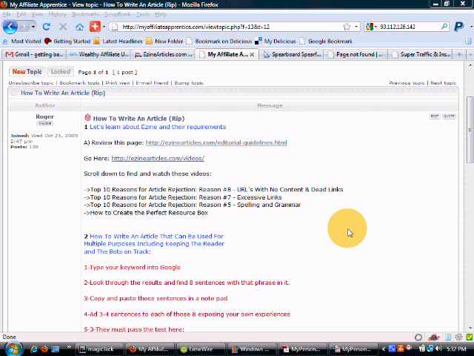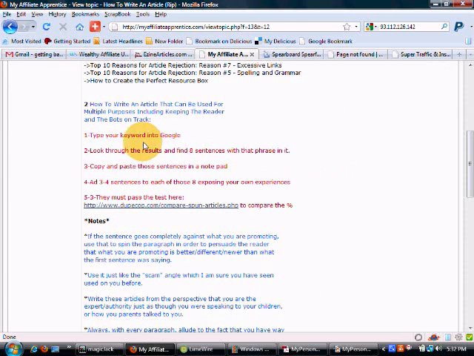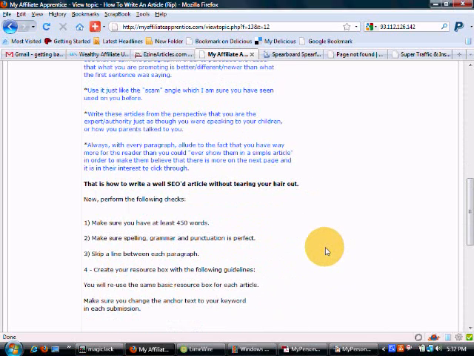our articles. But it begins with the writing, and the first thing we do is we study everything that eZine wants, because man, they are particular. And then the second thing is we type our keyword into Google. We want to get some ideas, and then we go through and find those ideas, and then we expand on those ideas, and we move on from there.